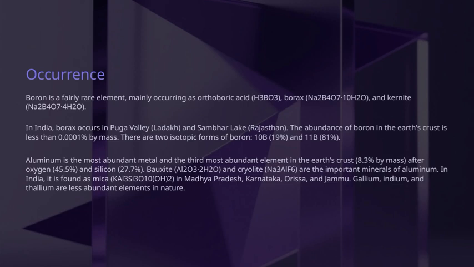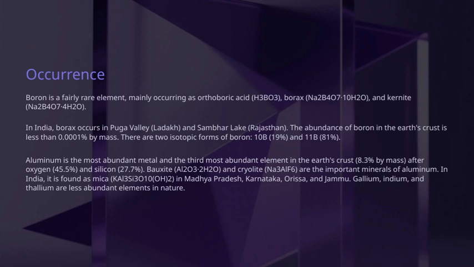Now, when we look at other less common elements like gallium, indium, and thallium, they are much rarer in nature. Speaking of rarity, in India, borax is an important mineral that occurs in places like Puga Valley in Ladakh and Sambhar Lake in Rajasthan. Boron itself is quite scarce in the Earth's crust, making up less than 0.0001% by mass. Interestingly, boron exists mainly in 2 isotopic forms, 10B, which accounts for about 19%, and 11B, making up around 81%. Boron is considered a fairly rare element, and it typically occurs in nature as compounds such as